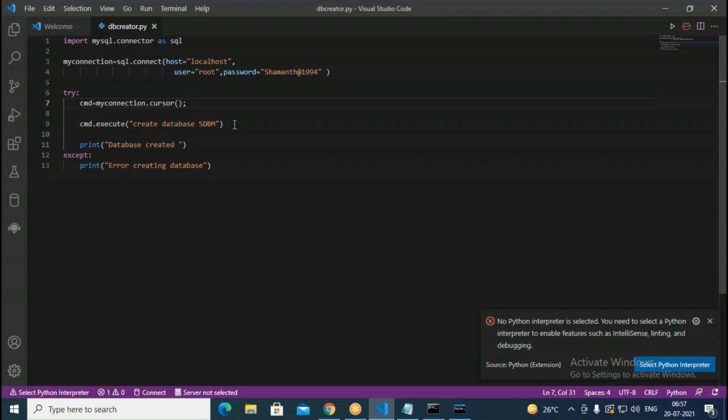Whatever database password you assign, whenever you install MySQL or SQL Server, whatever instance it may be. Whenever you install the software, an instance gets created. At that time, whatever password you set, that you need to give.